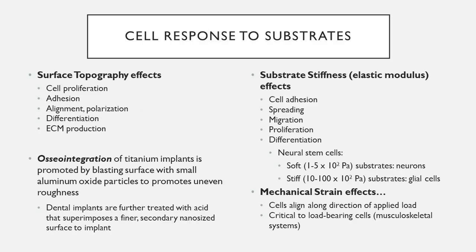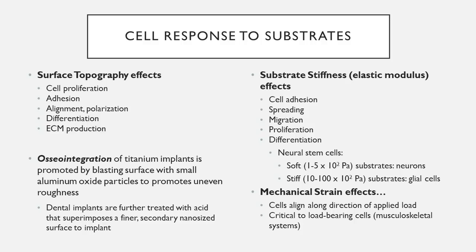Now, in the introductory lecture, we talked about the need for characterizing not just the bulk properties of materials, but also the surface properties. Now, the surface chemistry is perhaps the most obvious and in some cases the most accessible parameter to control when modifying in vitro conditions to assess the effects on cell behavior. It's also an incredibly complex and dynamic parameter because it affects so many things about cells, like the rate of cell proliferation, cell adhesion, the alignment and polarization of cells, the differentiation of cells, and also the production of extracellular